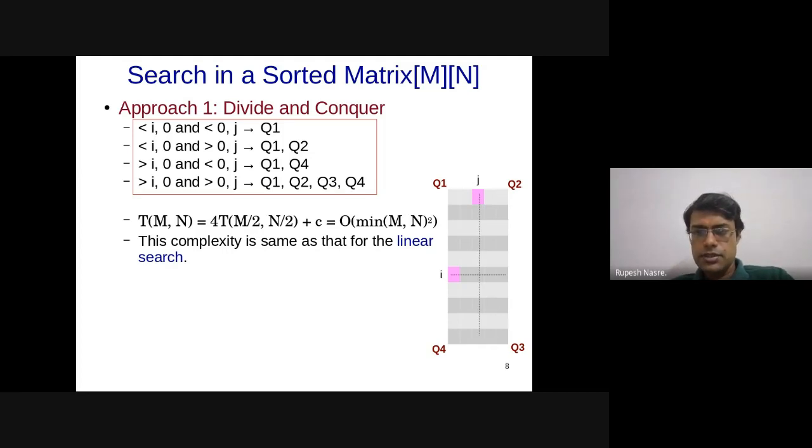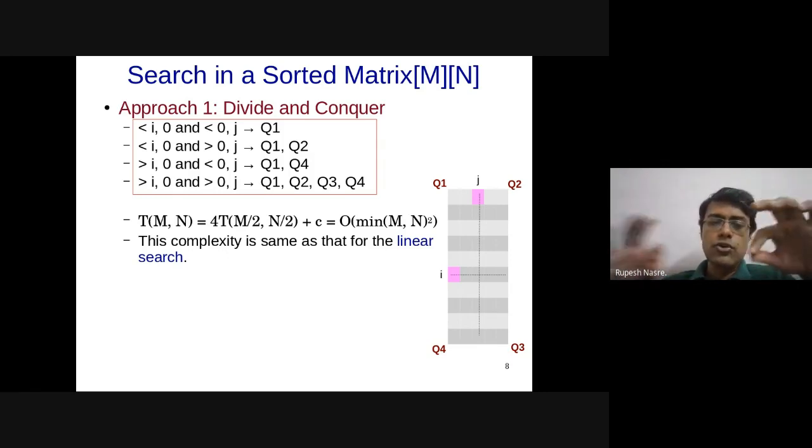There was a question: merging rows will take order mn? Okay, that's a good question, Chotu. It should not take mn time because these are sorted. So you should be able to do it in much smaller complexity than that. Right? You should be able to make just, so if there are two sorted sequences. Oh, you are talking about only 2 rows or the complete matrix mn?